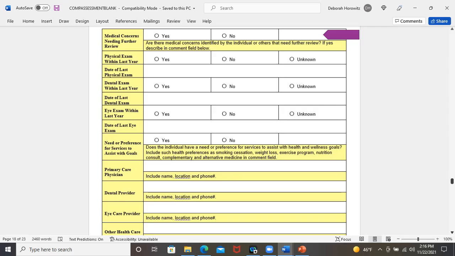Medical conditions needing further review. Are there medical concerns identified by the individual or others that need further review? If yes, describe in the comment field below. No for Jane. Physical exam within the past year. Yes. The date,